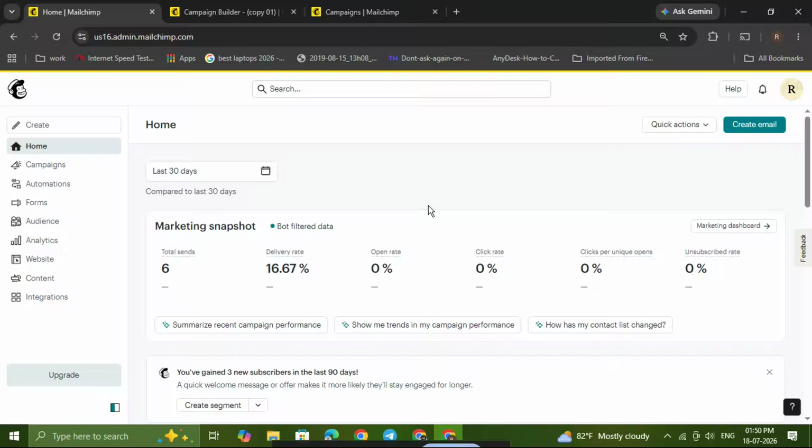If you want to change the subscribe form button text in Mailchimp, you're in the right place. In this quick tutorial, I'll show you exactly where to go, what to click, and how to update that button text so your sign-up form says what you want it to say. This is great if you want a more branded call to action, a clearer message, or simply a button that